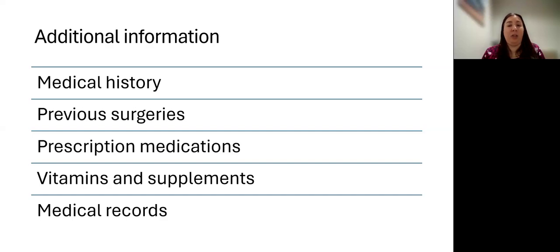study medication. Additionally, unless you're a patient of the doctor already, you will most likely be asked for medical records from your neurologist or primary care doctor. That can be a little bit easier these days with the EMR. Sometimes we have access to other physicians' records, but we may ask you to request those if we don't. So this is just to ensure that we're aware of all your medical history and to help us confirm some